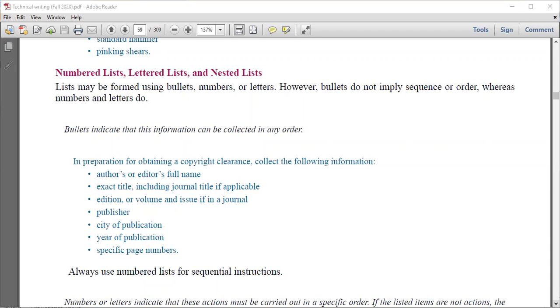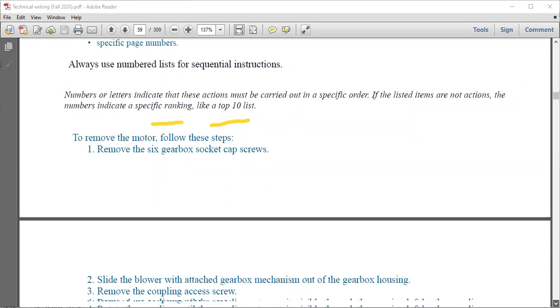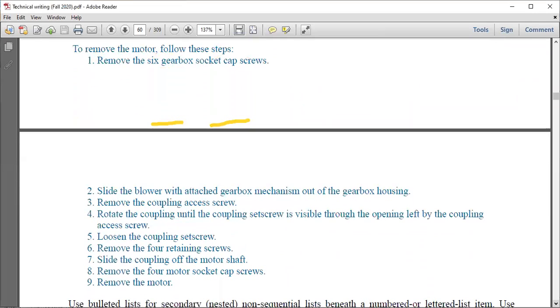Let me scroll down. Okay. Numbers or letters indicate that these actions must be carried out in a specific order. If the listed items are not actions, the numbers indicate a specific ranking, like a top 10 list, right? So to remove the motor, follow these steps. Number one, remove this, slide this, remove this. Now, if I just scroll it down, you can see that all of them are steps, okay, and they are to be followed in a specific order,